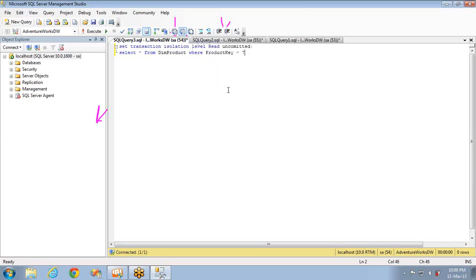Now what will be the output? What can I expect here? As per the read uncommitted definition, what will be the output here?